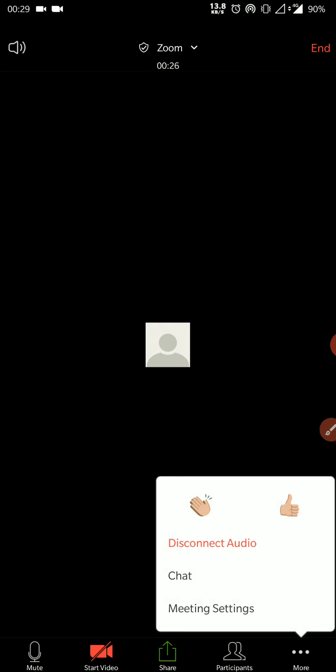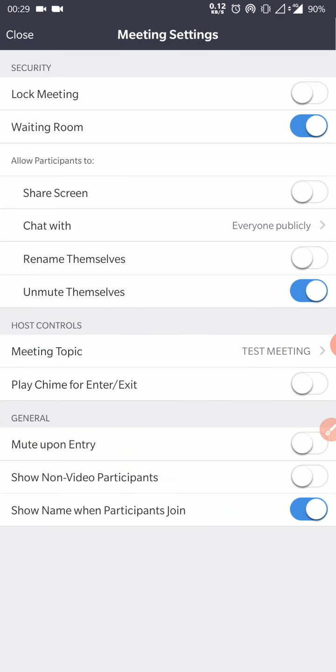On the rightmost bottom part of the screen, there is a more option. And if you click on more option, there is an option of meeting settings. So by clicking on this meeting settings option, a host can see these many properties, these many parameters. So the very first thing is waiting room by default initially was also enabled, but if somehow that part could have been skipped there, so again a host can enable waiting room from this option also.